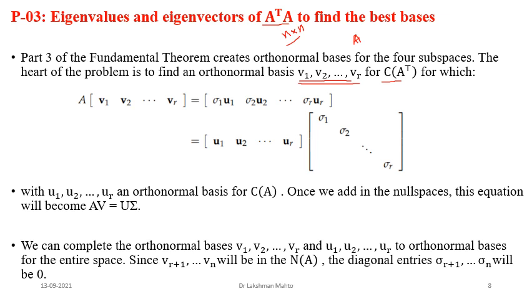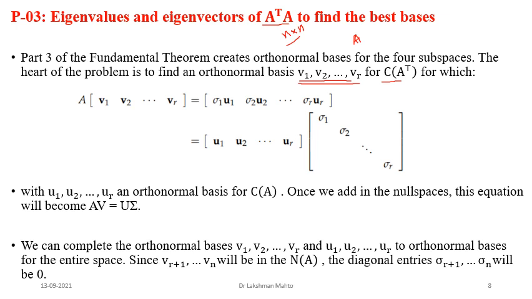Again, there are various regions. So that's why we are getting r number of eigenvectors for this A transpose A, and that would play the role of an orthogonal basis of our row space, that means the column space of A transpose. You won't face any problem calculating this one. You don't have to apply Gram-Schmidt. It is just the process of finding eigenvectors of A transpose A. So that task is very simple. You can easily do that.